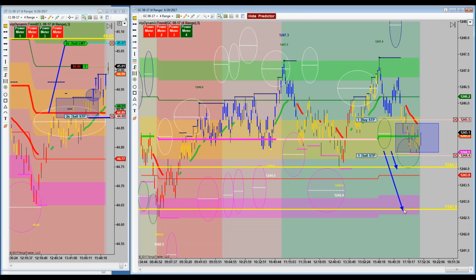Now the long side looks arguably a little better, right? Because we can see that there are a couple established swings up here, the main one being right up here. See this swing? See this resistance area? See all the predictor bubbles up here along with these 1, 2, 3 swings? So arguably, if you get a long trade, you might get a very nice pop out of it, quite possibly up to here, which looks to be about 12 to 15 ticks.